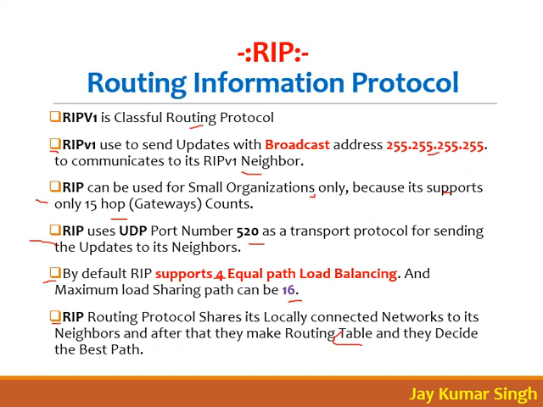So if I have a RIP routing protocol, this is my router, and I have connected with others, 4, 5, 6, 7 like this. If I have a user here and he wants to reach this destination and I have 8 paths, how many paths will be utilized by default load balancing? 4 paths. So one packet from here, one from here, one from here, one from here. The others will not be in use. You have load balancing but they are not in use because by default it supports 4. But if you want to use all the remaining, then you have to increase the default load sharing paths.